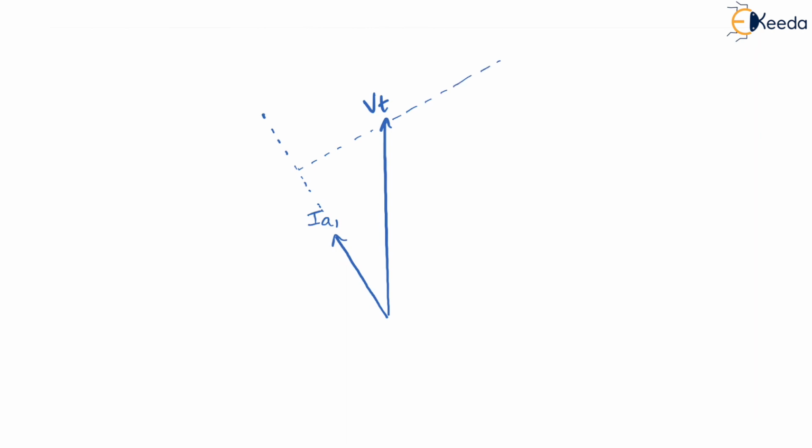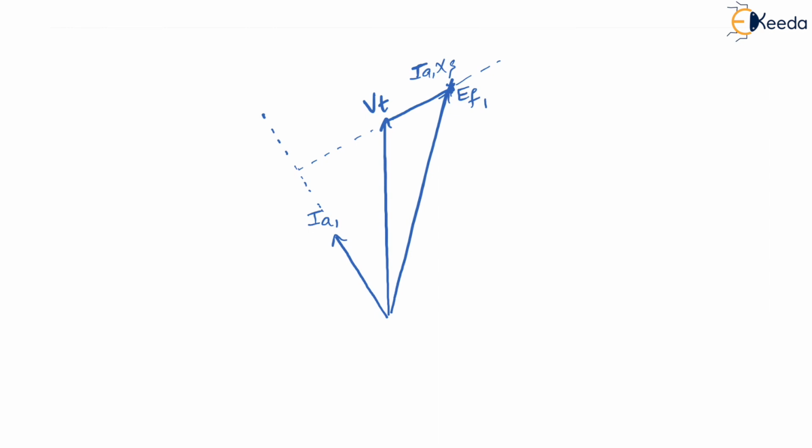So what should happen here? This has to be my IA1 axis. Correct or not? Yes. Now VT plus IA1 axis will give me EF. So this is EF. This is going to be my EF. Correct or not? Yes sir, no problem. Let me consider EF1 because we are considering IA1. Why? Because EF is variable. That is the reason.